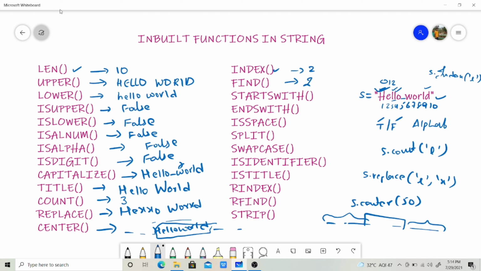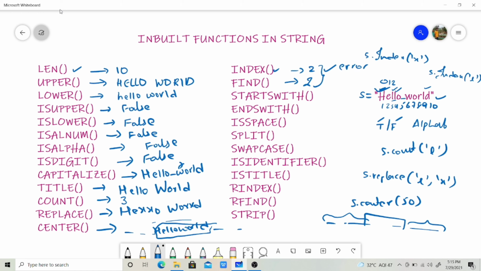Then what is the difference between index and find? If there is no such character present, for example if you take s.index('x'), there is no x in "hello world", so it will give you an error because x is not present.